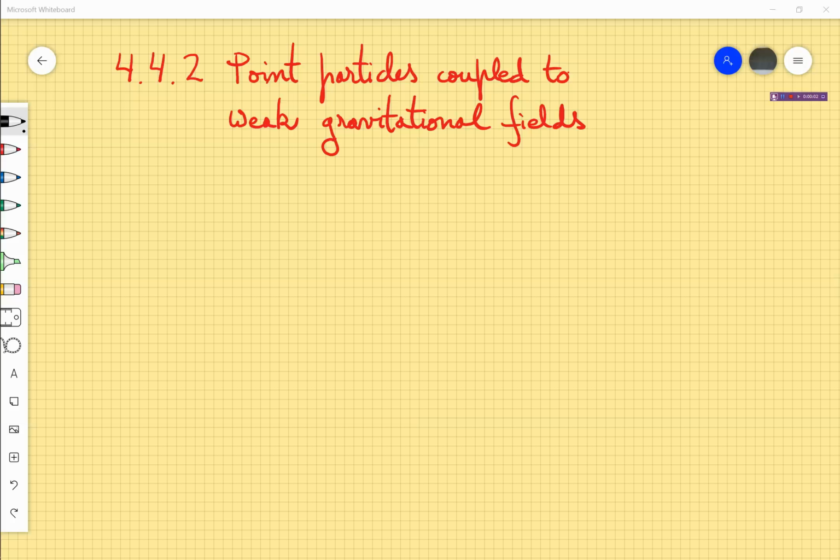The original motivation we had for studying the weak field limit of the Einstein equations was that it was a first step towards studying or recovering the Newtonian limit. Now we are going to do just that, to take the second step and study the Newtonian limit in the case of a point particle. Okay, so this action, as we have written many times, is given by this integral